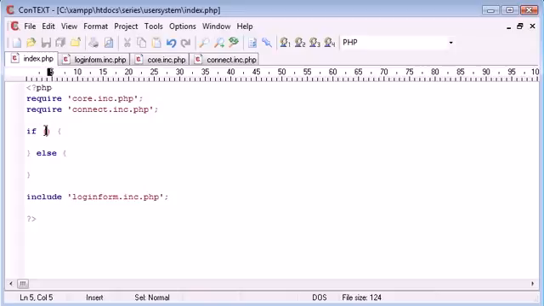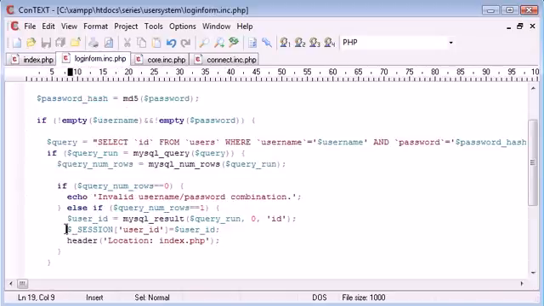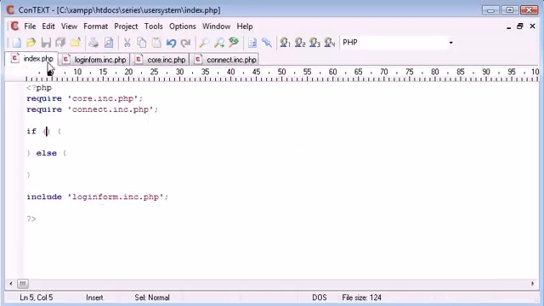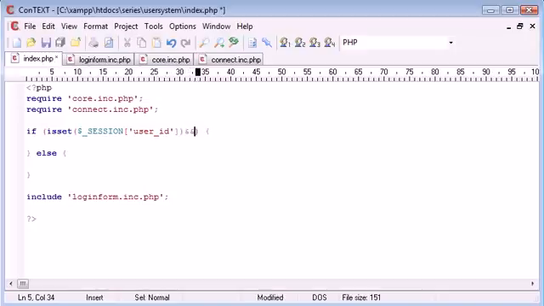Now this means that the user has logged in, because it means that we've gone through the process of setting this to the user ID of the correct user that's logged in, or the user that's correctly entered their details. So all we need to do is say if isset $_SESSION['user_id'] and not empty